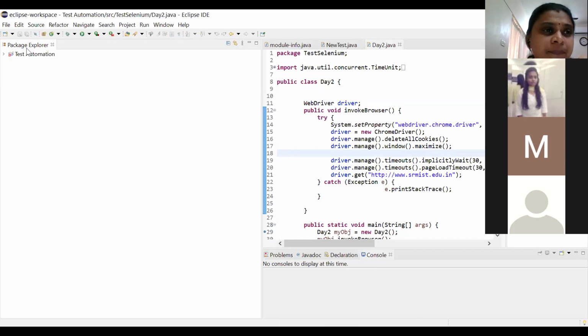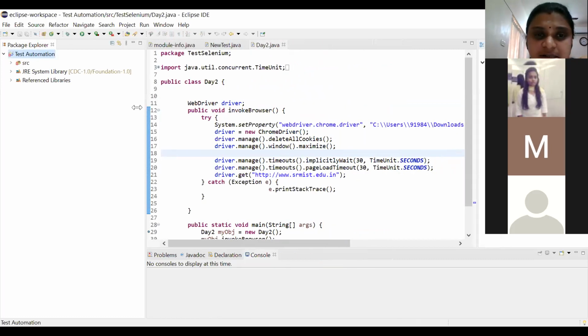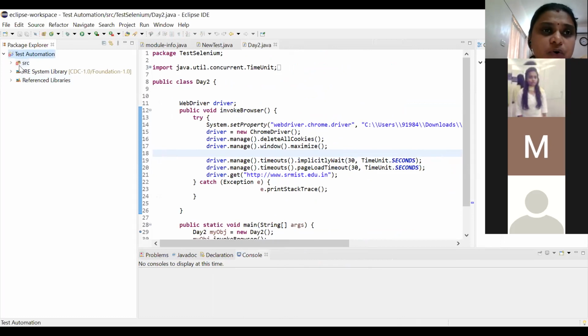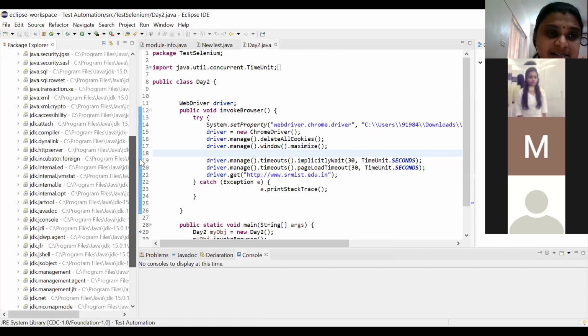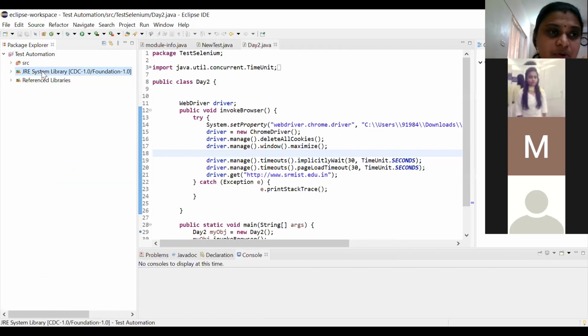Yes, ma'am. Okay. See now, all that we have done here is, first of all, let's try to understand how this entire thing is done. There are some basic settings which you have to do before you write this code and try to execute. Once you have your normal Java setup done, you will definitely have all your Java related jars here. So no issues about it. But you can go to this package.